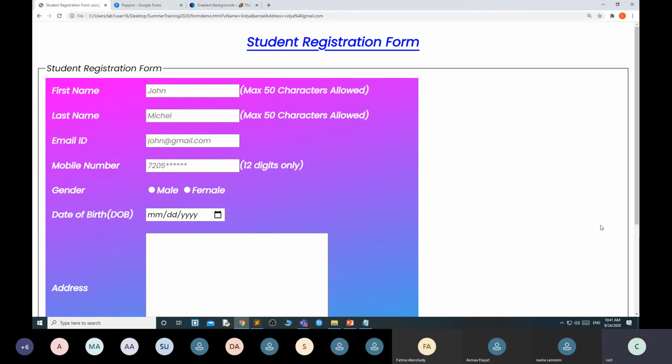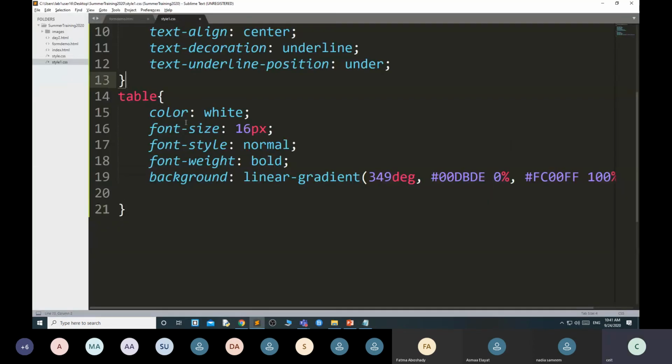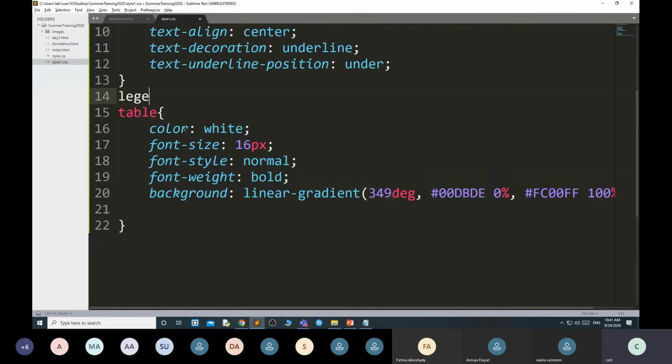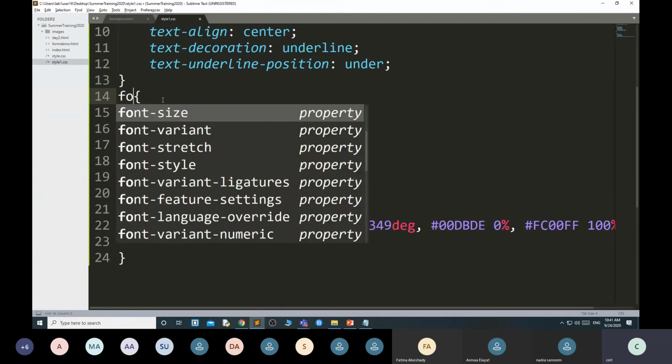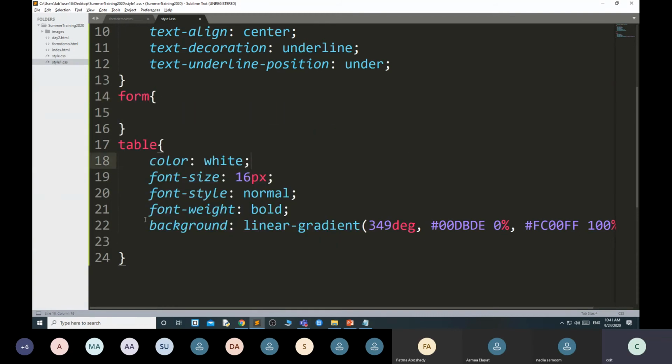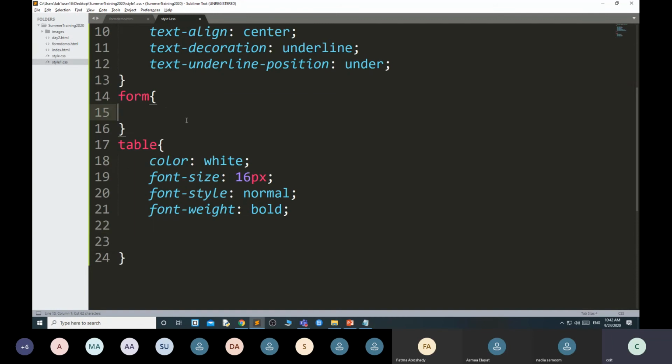Okay, listen. If you want to apply it to the whole thing, then instead of table, you can use legend, not legend, field set or form. Simply use form and use this color here.